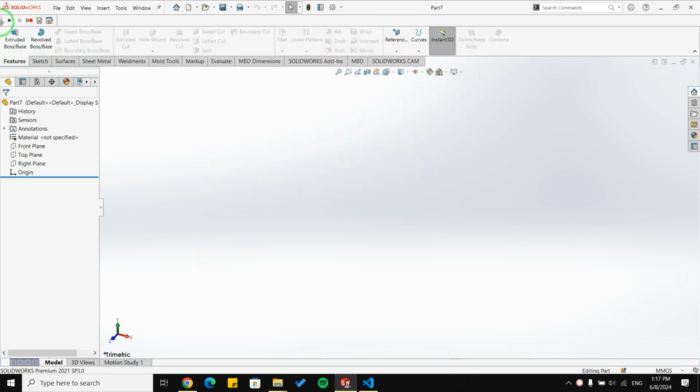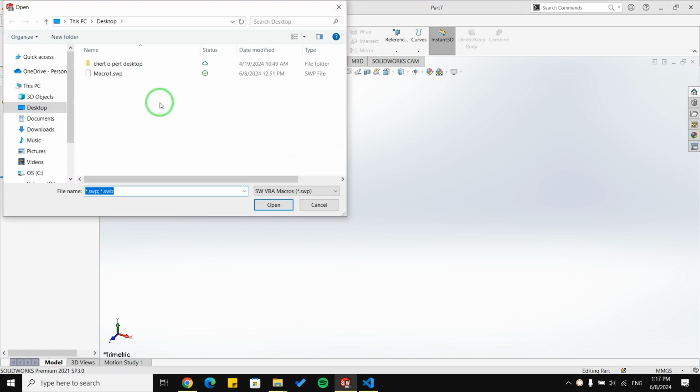Okay, I'm going to explain each button here. First, we have record or pause macro. With this button, you can start recording your actions and do whatever you want in the SolidWorks menu. The stop macro button stops recording the macro, and the run button can run the previous macro you have recorded.